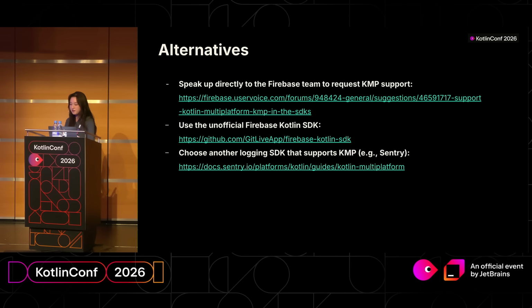Firebase has a public feedback portal, and there's already an open request for KMP support. It was made 2 years ago, I guess. The more votes that thread gets, the more likely Google takes it seriously. So if you've ever wanted Firebase to ship a Kotlin Multiplatform SDK officially, go vote. Even if, like me, voting for JUnit 5 support for Android for 7 years now, you've learned not to expect